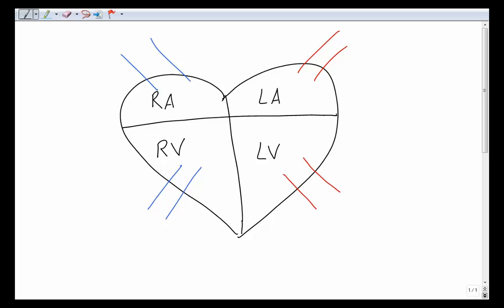Now I've drawn in some red and blue blood vessels. These are the four major blood vessels that we use in our body, and probably the most important one is this one here, the aorta. Now it delivers blood all around the body